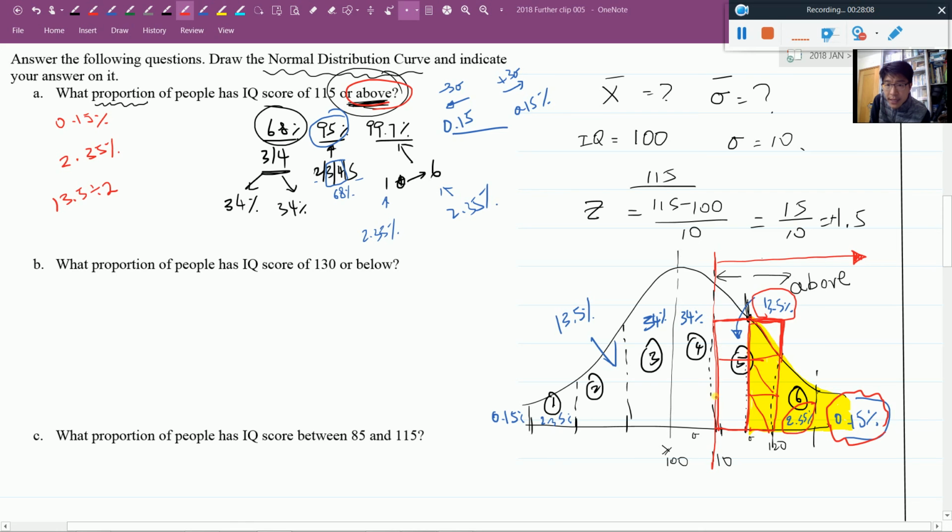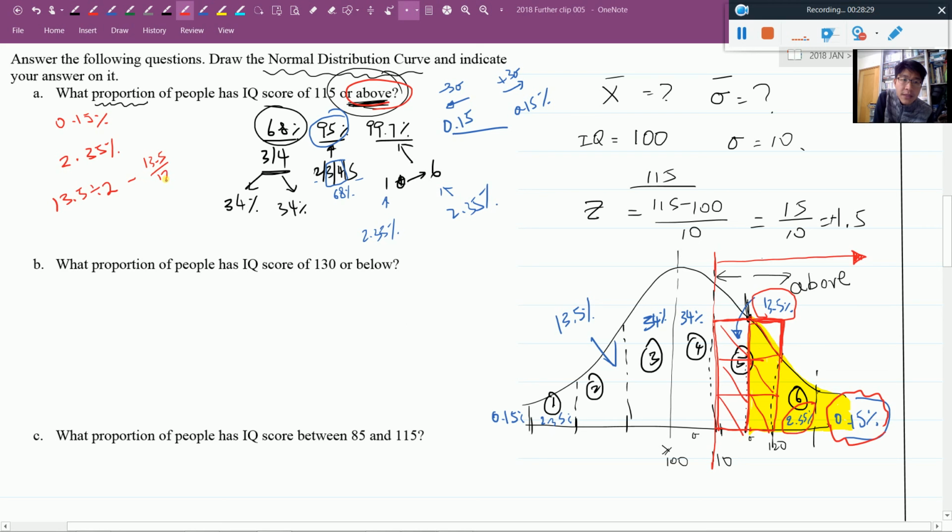If I need to estimate, this one has 1, 2, 3, 4, 5, 6, 7, 8, 9, 10, 11, 12 of this triangle, and I just need to take one off. So basically, I need to take away